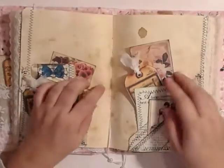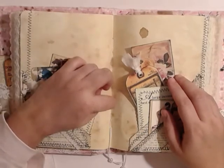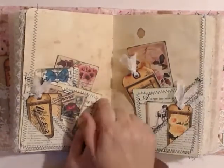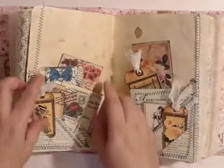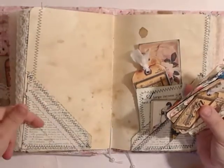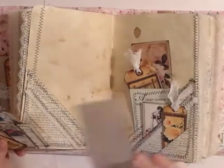So this is the center, and it has 1, 2, 3, 4, 5, 6, 7, 8, 9, 10, 11, 12, 13, 14, 15, 16 holes. The signatures has 60 holes. I didn't remember that. So what I have done here in both sides of the page is that I put in the corners 3 layers of pockets, and it's stitched and it has some lace, and it's full of, this is a book